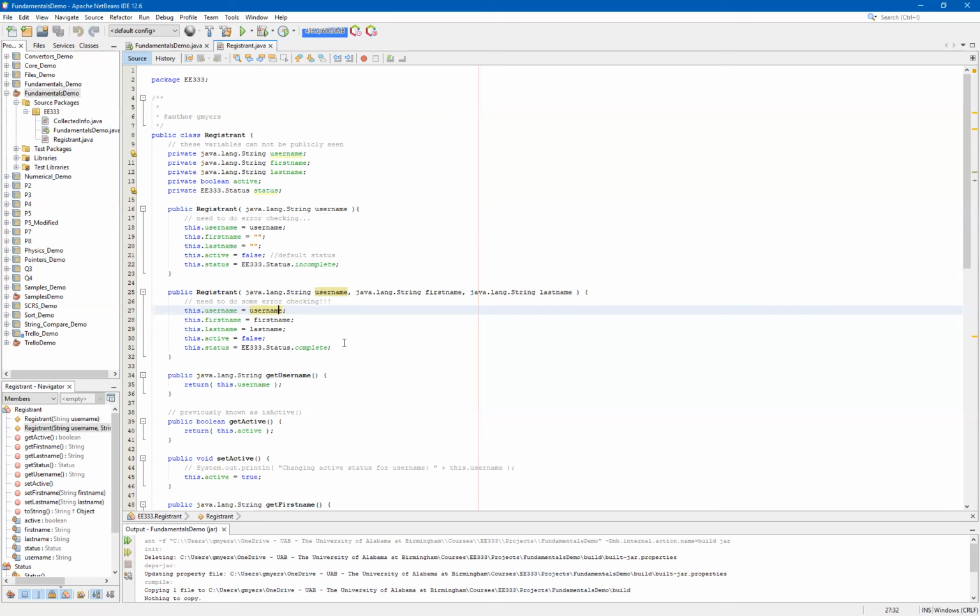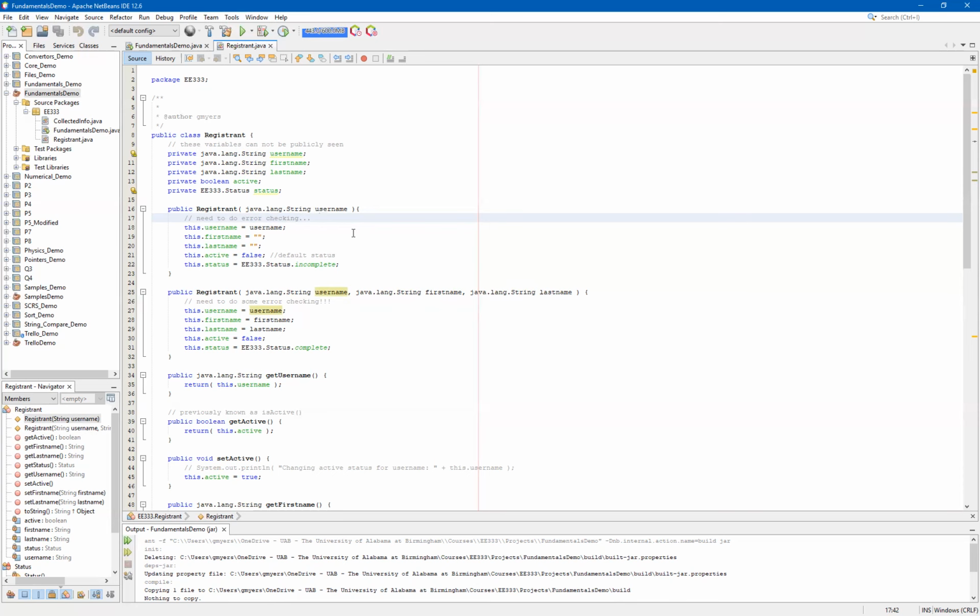Either way, we would want to do some basic validation or error checking on the registrant when we call the constructor. Now, the difference between these two constructors is how we're going to handle the error checking or the results of the error checking. If anything, I want you to see two different approaches to handling the constructor validation. In the first one, we want to first agree that if we do not have a valid username, there is no point in creating the registrant object. In other words, we can think of this as a fatal error